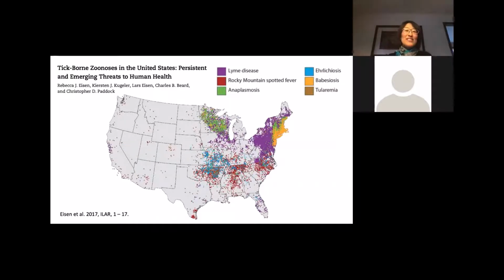All right, so stepping back out a little bit, tick-borne diseases, as some of you might know, are a growing problem. They've probably been underestimated a bit in the past, not just here in the United States and North America, but probably all around the world. And in part, that's because many of the symptoms for these diseases are general kind of flu,